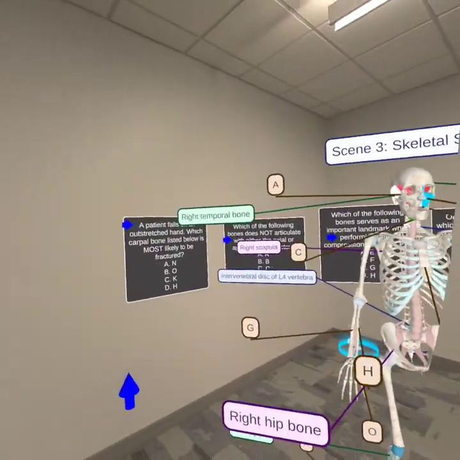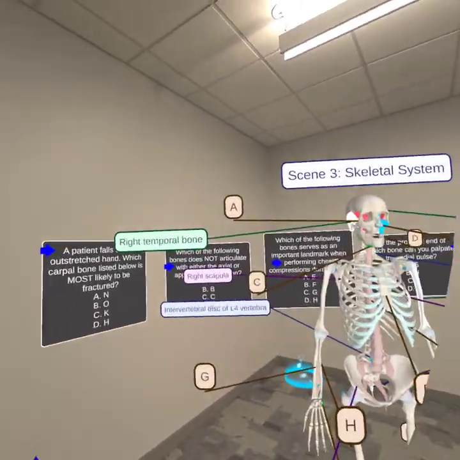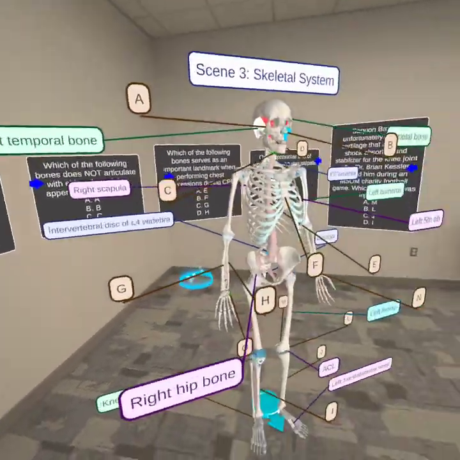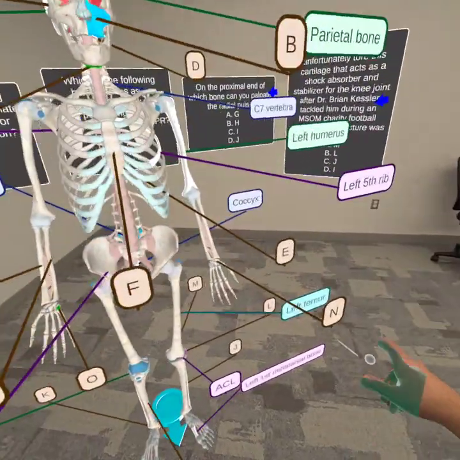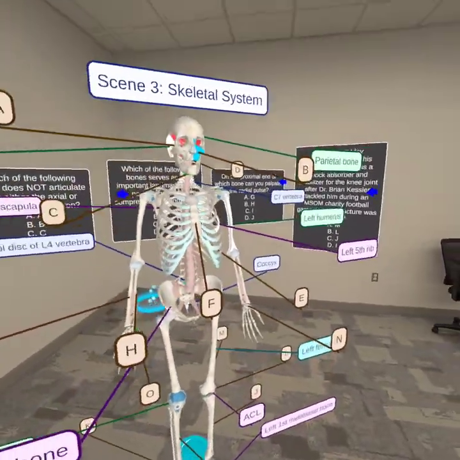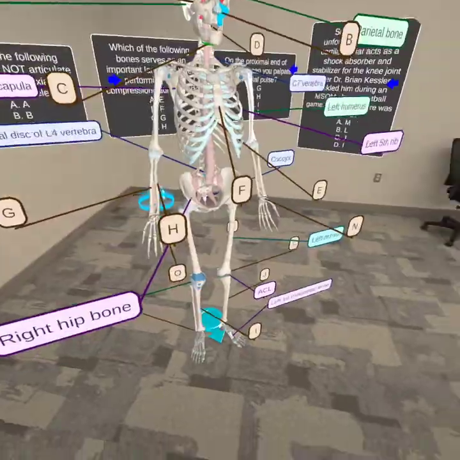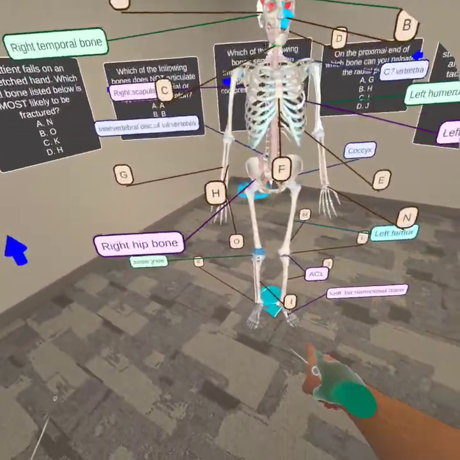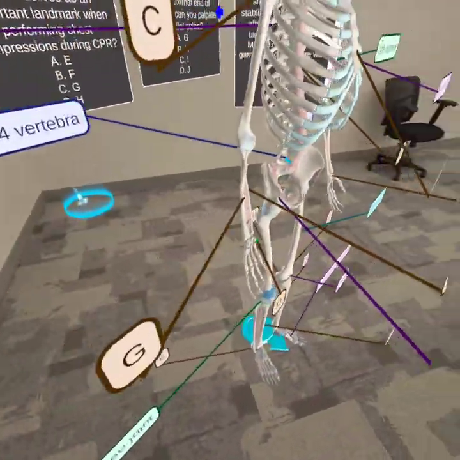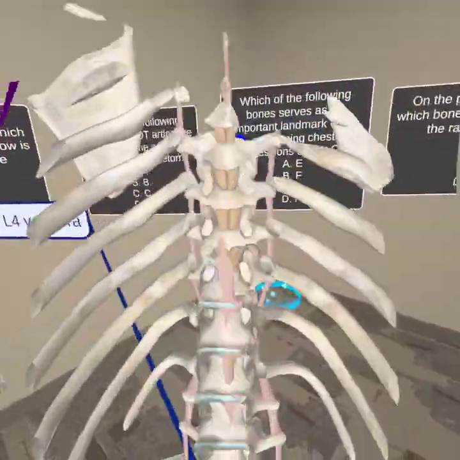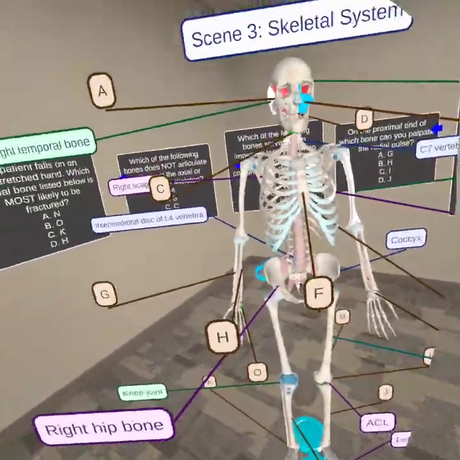This is what you would do: you would read the question, okay, N, O, K, what are those structures, right? And here it looks like it's this carpal bone. O looks like it's another carpal bone. K, where's K? It looks like it's a tarsal bone, right? And that's the thing about the software, you're gonna have to move around, come close, right? Zoom in with your headset,